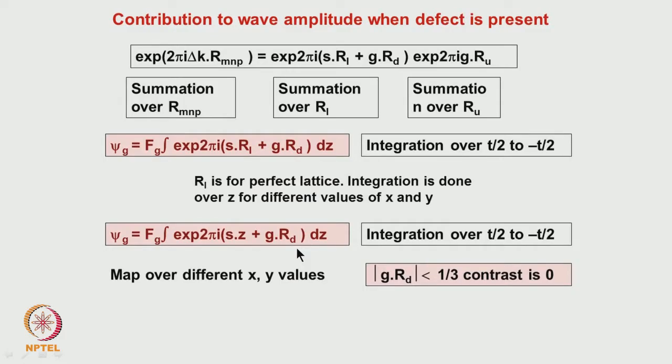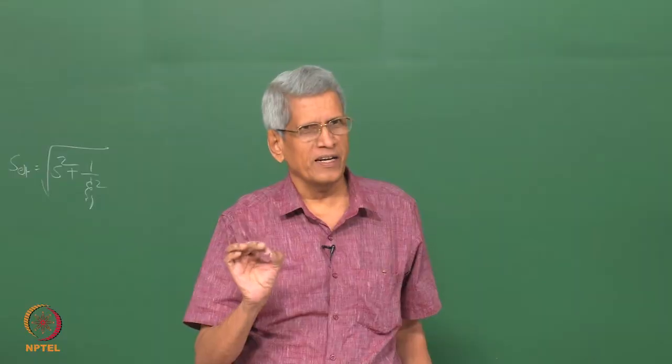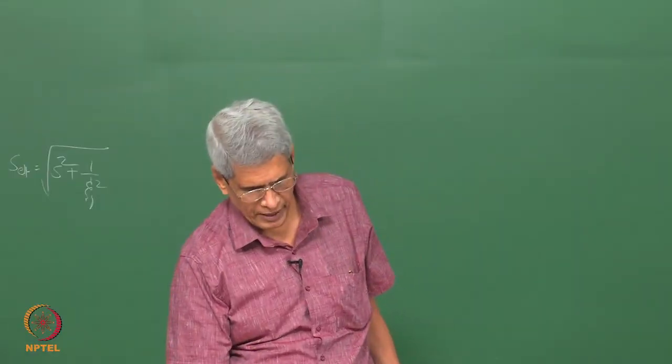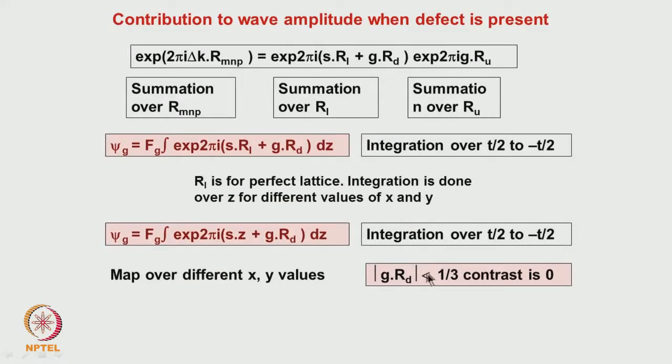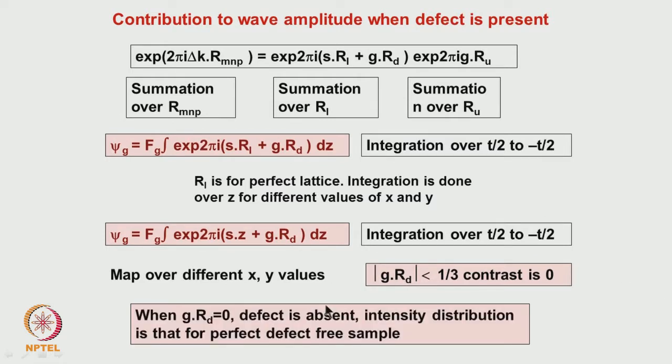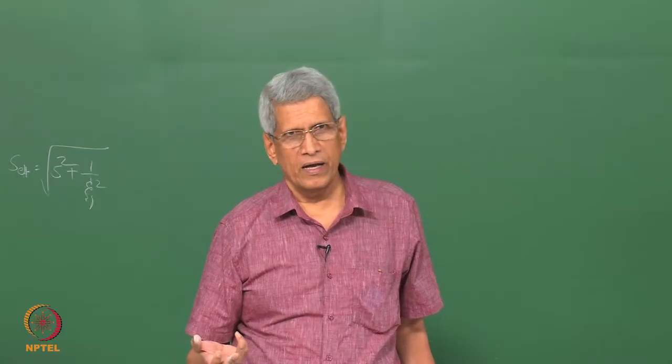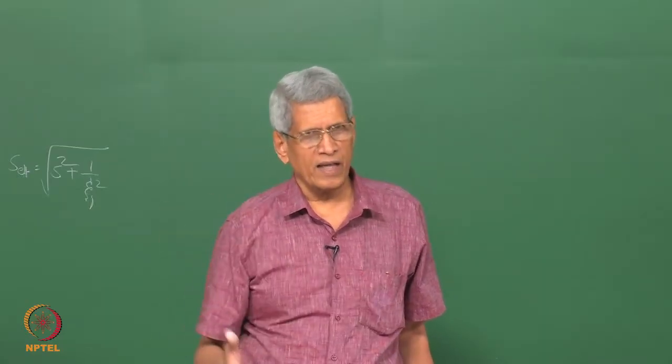But you should remember that all this expression which we are talking about is all for kinematical condition, correct? The expression which we are using is a kinematical condition. But if this G dot RD becomes much less than 1/3, effectively the contrast is going to be very small. For all practical purposes we cannot see it. So this is what happens. With this sort of expression we can do a calculation, and that is being done also. I will come to some defects later and show you how the defect appears, but I will not do it in this class, and in another class we will do that.